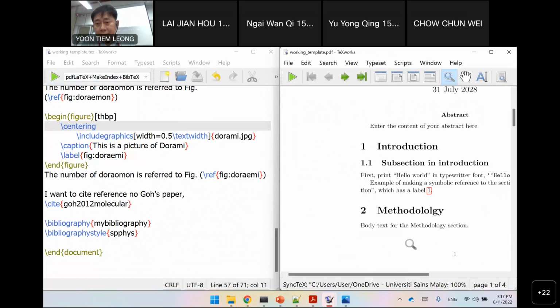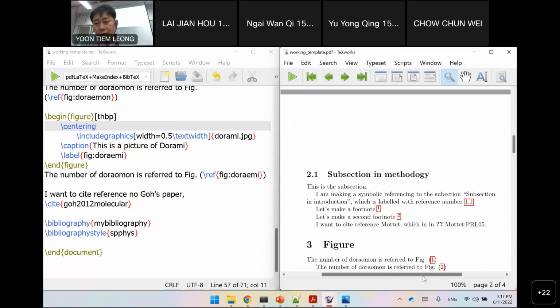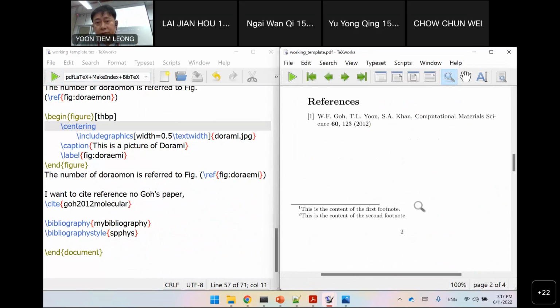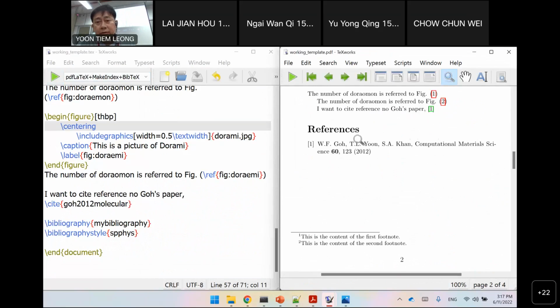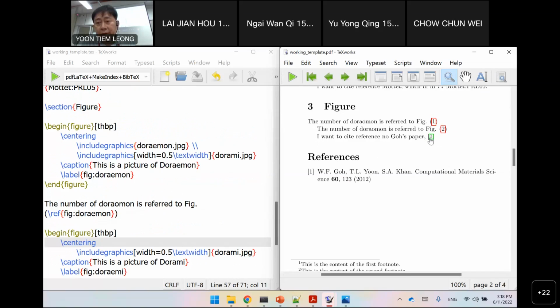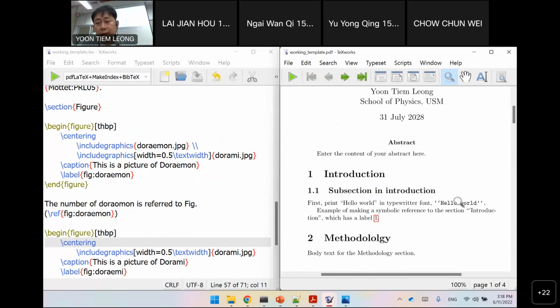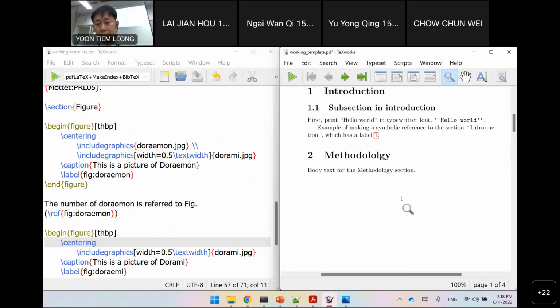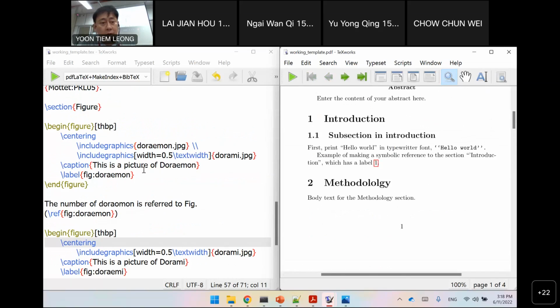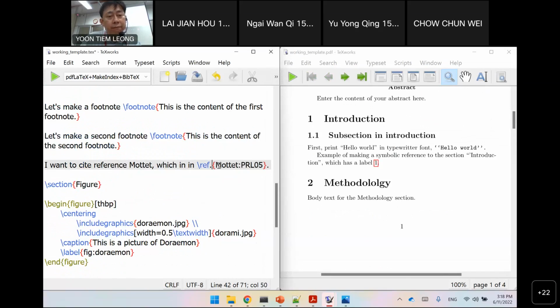Okay, so do I see any correct reference? No, I think it's still not correctly referred to. Only one is correctly referred, but I should be able to find what is the error, right? So it doesn't give me the right reference number for the mod paper. Okay, so what I should do now is, oh yeah, I think I have found